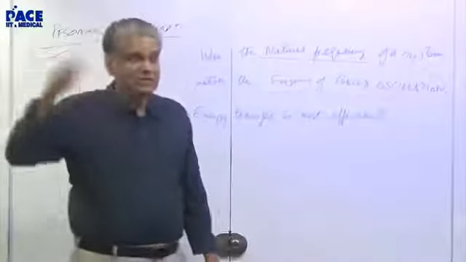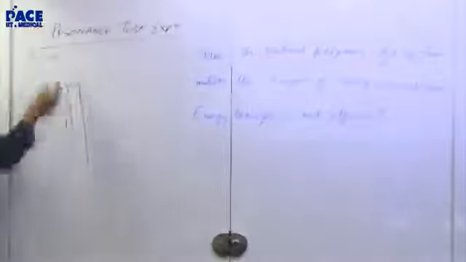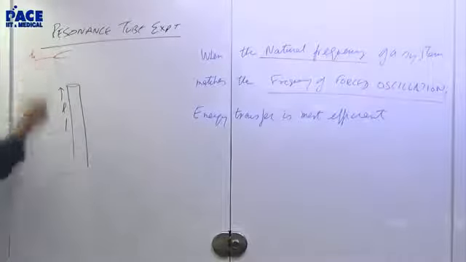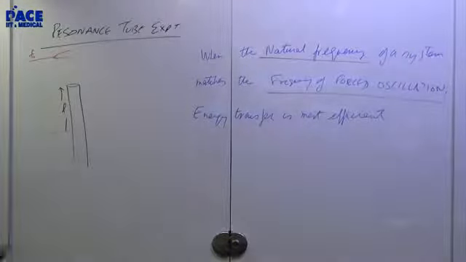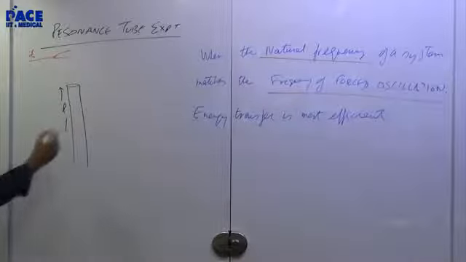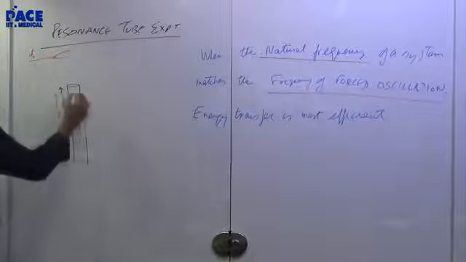This is my frequency. It matches. So the frequency of the tuning fork matches. You have hit upon that frequency which is matching this frequency, right? So when this matches, what will happen? You have hit upon the fundamental mode of this tube. What is the fundamental mode? This is the node, and this is the antinode. No, this is not the antinode.